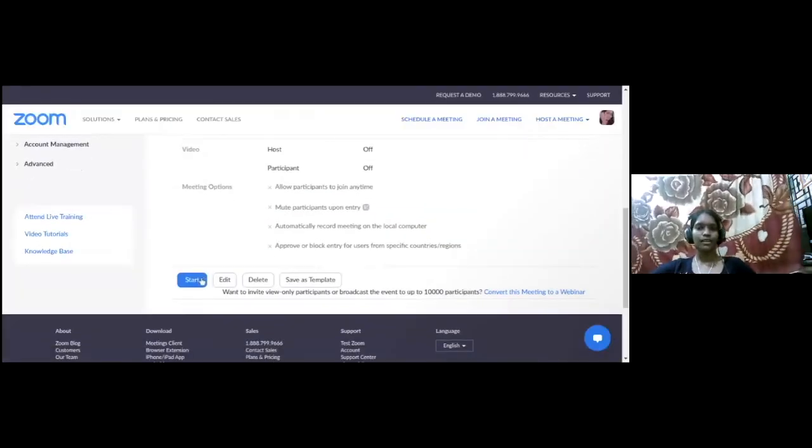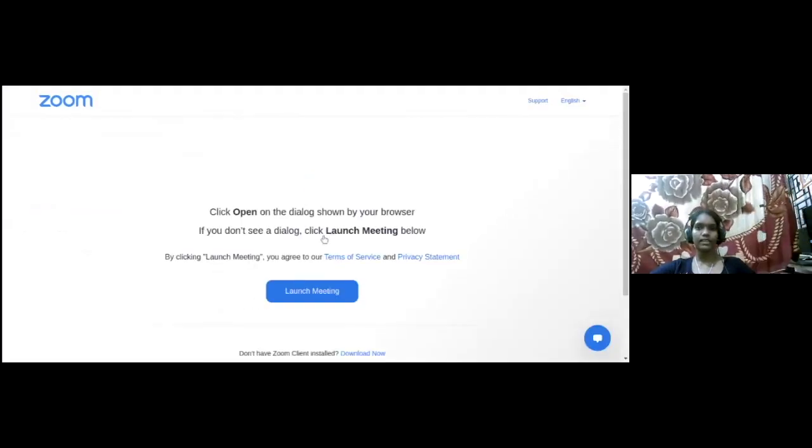When you start, the event gets started and you can start taking the session. By default, all the free sessions under Zoom are only 40 minutes. When the 40-minute session gets over, since we have selected the recurring meeting, the students can join again using the same link, and it is the same procedure. They just click the link and they'll be in the waiting room. You have to accept them, and again a new 40-minute session will begin.